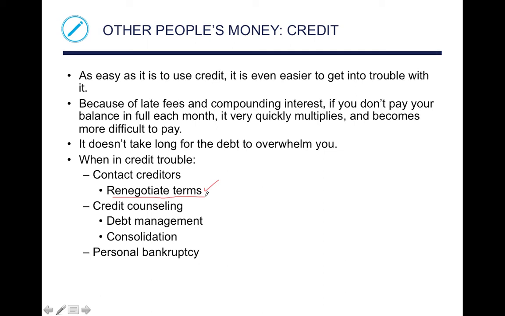Sometimes when you go in and pay, it'll tell you to lower your credit card bills, or transfer your balance and get 0% interest for 6 months. That's good because it gives you the opportunity to pay off that credit card much faster